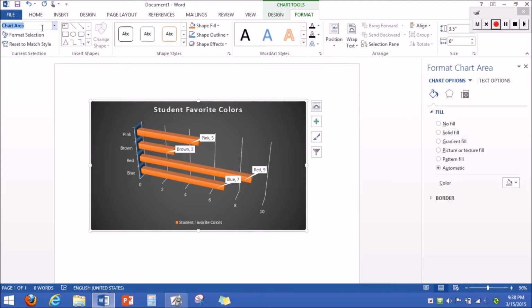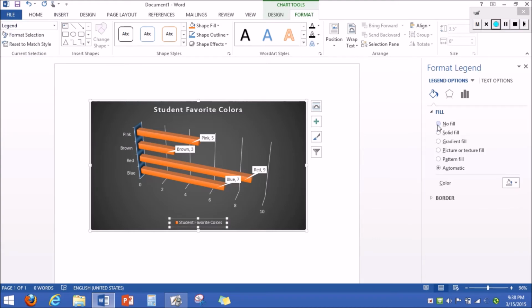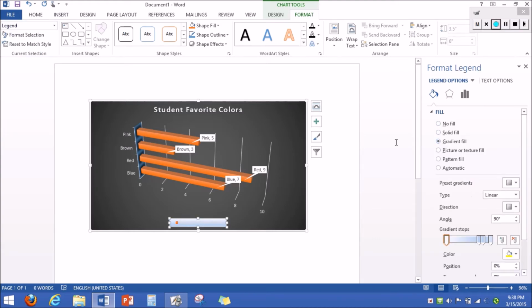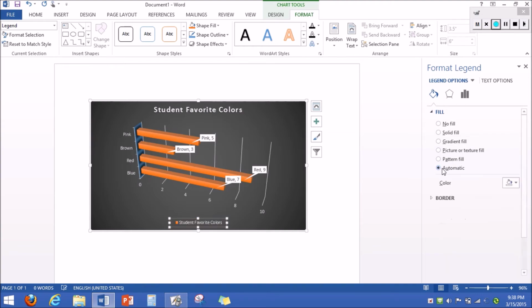But that's only for where you're changing it. If you're working on the legend part, you can go on solid fill. It only changes depending on what you are working on. And if you want to reset to match the style, that's just where you clear the custom formatting of the selected chart element back to the overall usual visual style